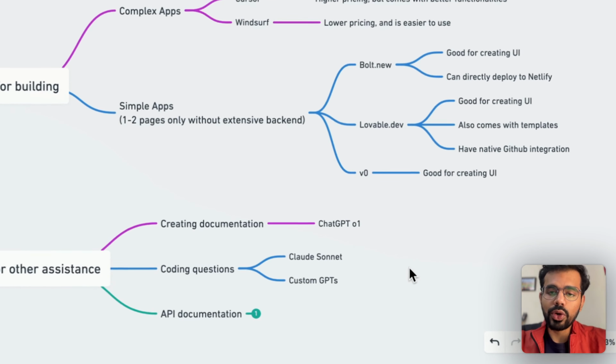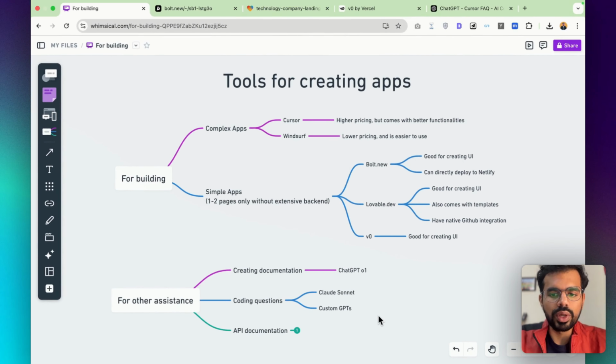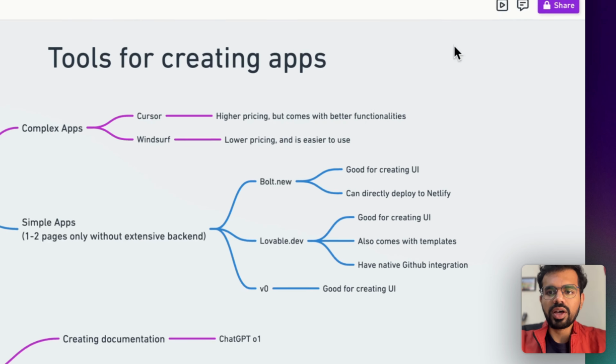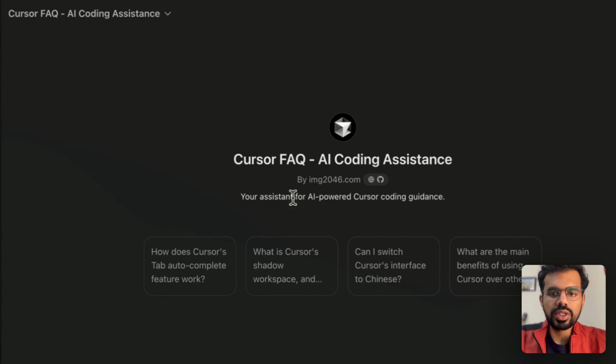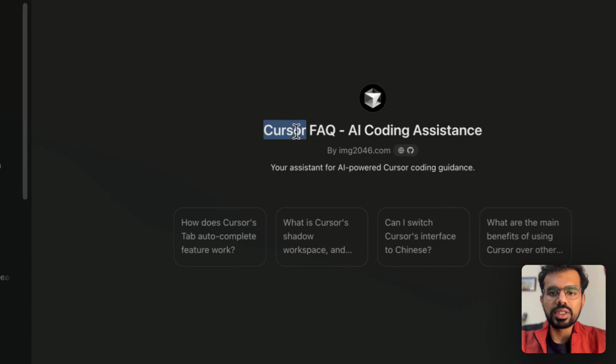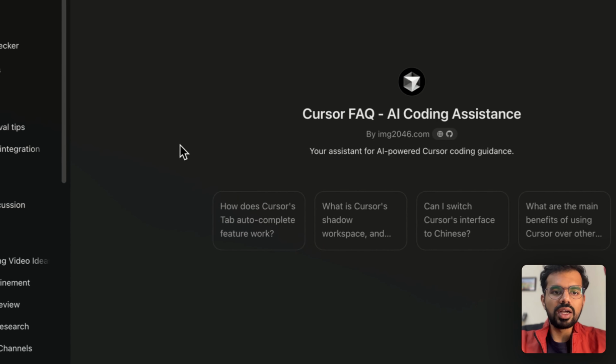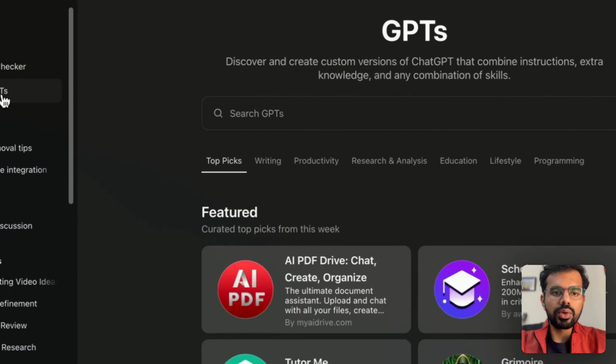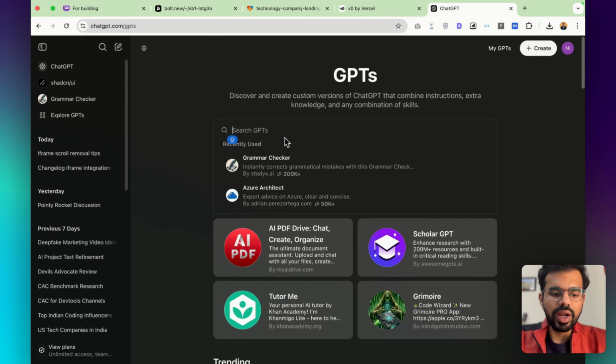So the second part is coding questions. For coding questions, you can either use Claude Sonnet or you can use custom GPTs as well. There are a lot of custom GPTs, for example, like this one, where you can just come up with different questions. You can even ask questions that you are facing within Cursor, and you can also go to GPTs for finding other GPTs.